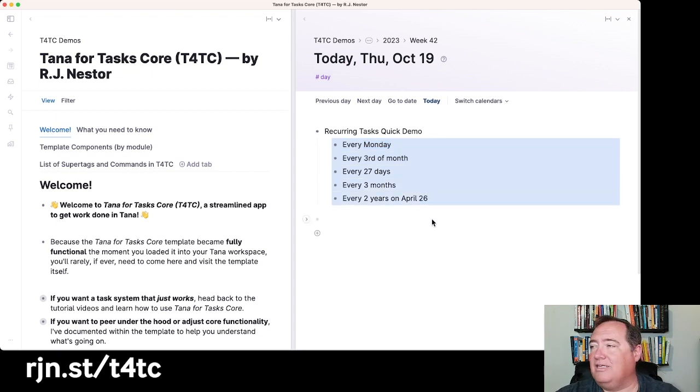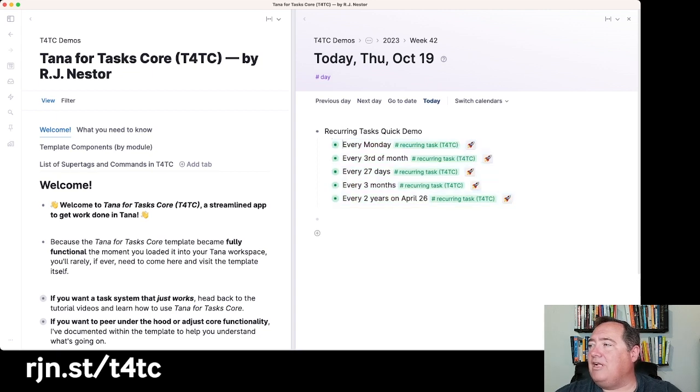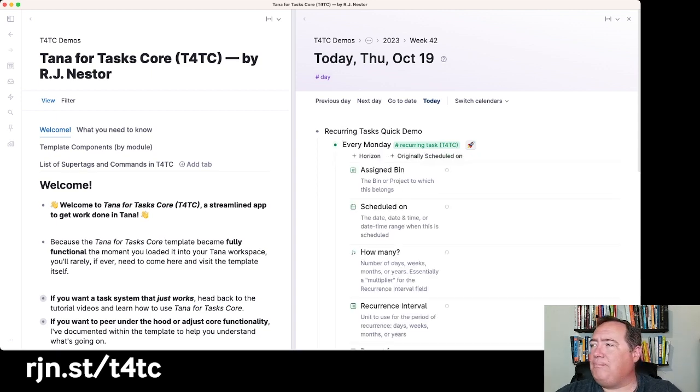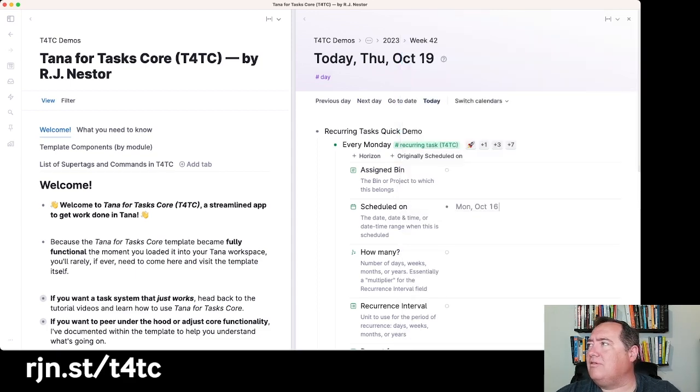I'll highlight and create all of these as recurring tasks. And now that they're set up like this, you see there's a little rocket ship there. What that indicates is that we have not yet set up the parameters required for recurring tasks, because a recurring task is really a template for a scheduled task. And so we'll say we want to first schedule this for Monday. And you'll see in my system